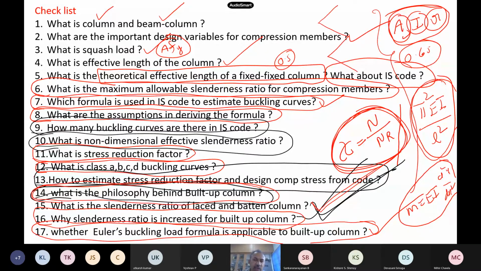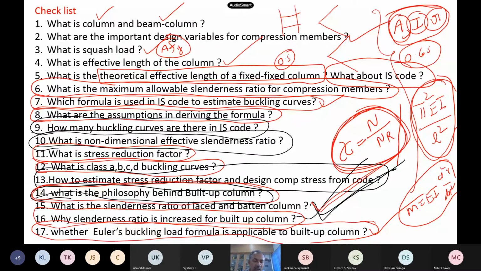Okay, so that's why its strength will be, it can carry. So that's why I say 5%. The battens are just like beams. Okay, so the design also you have seen. So it will have a transverse shear, longitudinal shear, bending moment, and other things. So the slenderness ratio has been increased for batten column.